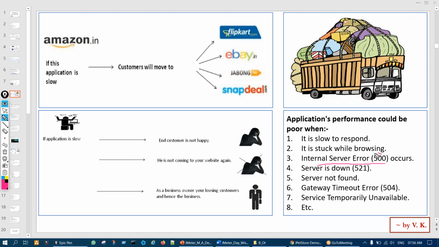Internal server error 500 occurs. Server is down. Server not found. Gateway timeout error. Service temporarily unavailable. I hope you have faced some of these symptoms on some website in your life. These are the symptoms of the slowness of an application, or a poor application.